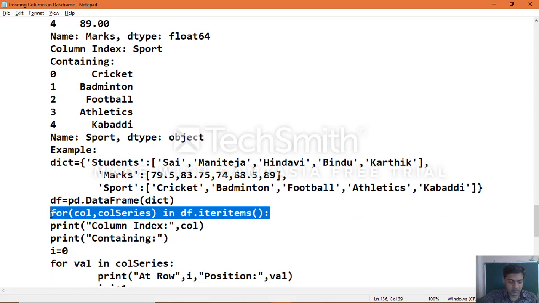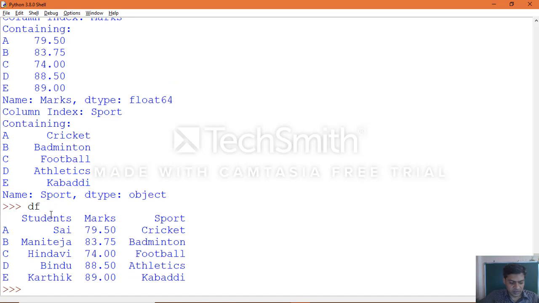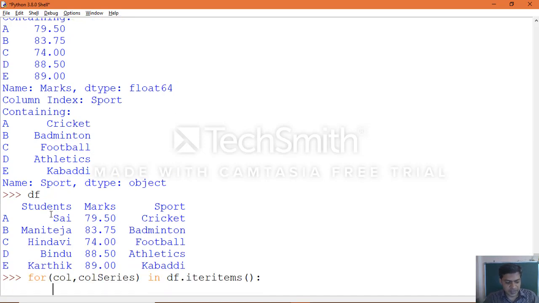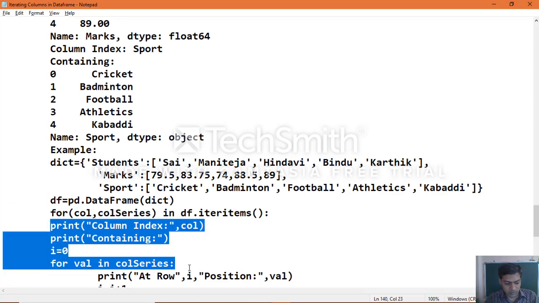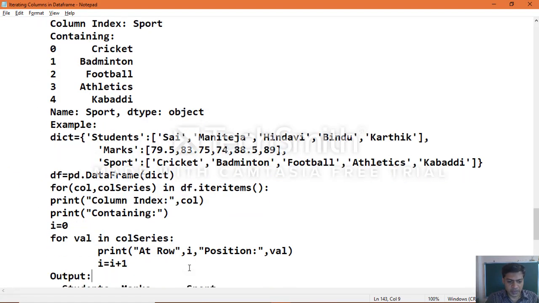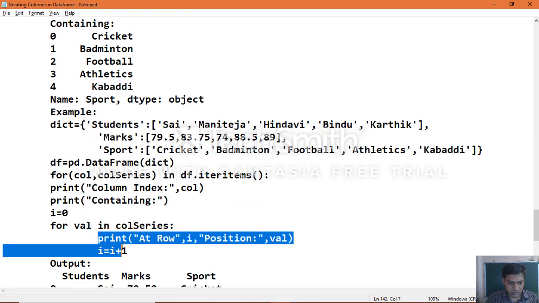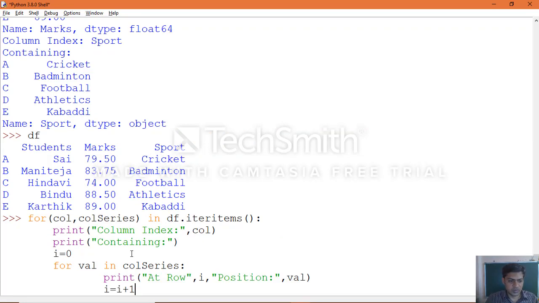Now we want to execute column position along with row label position, column data along with row positions which you want to extract. You just print the data frame object and execute the loop iteration to access your data frame object data. So get back the row increment statements and printing inner for loop. We'll see here on this particular column data which we access in the form of series objects.